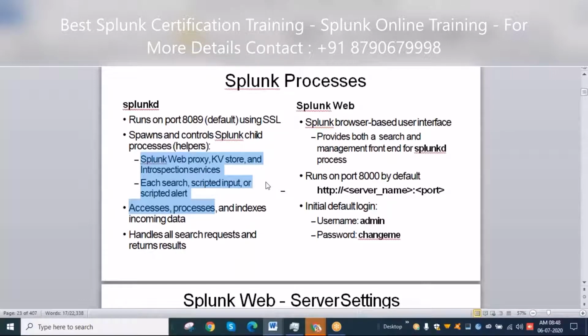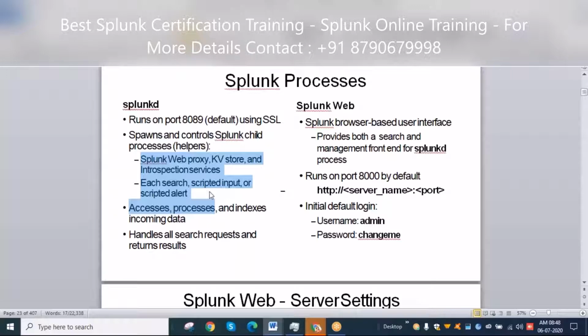Incoming data. So when you configure something in Splunk, like an input, I'll restart my Splunk service so that the changes take effect on the server.